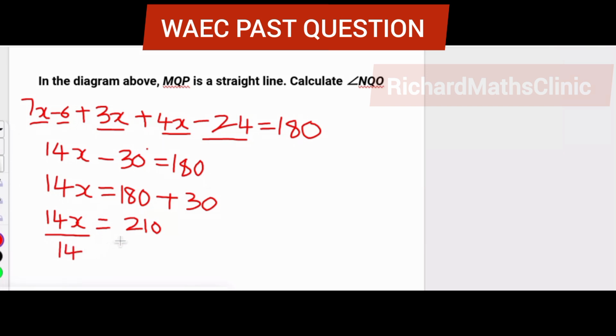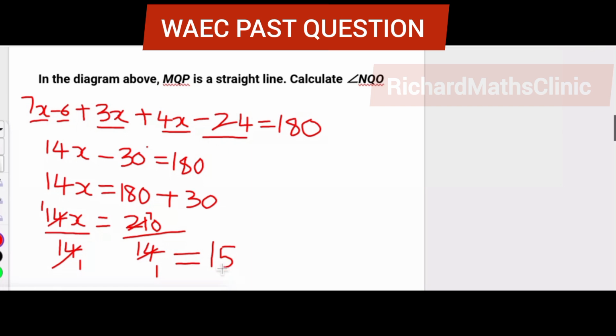That is 14x over 14, and on the other side, that'll be 210 divided by 14. We are almost done. Okay. All right, so 14 here is 1, and 14 here was also 1. On the other side we have 14 in 21. 14 can go in 21 how many times? That is once. It can only go once. 14 times 1 is 14, and what's remaining? 7. So that forms 70. So 14 in 70 will give me